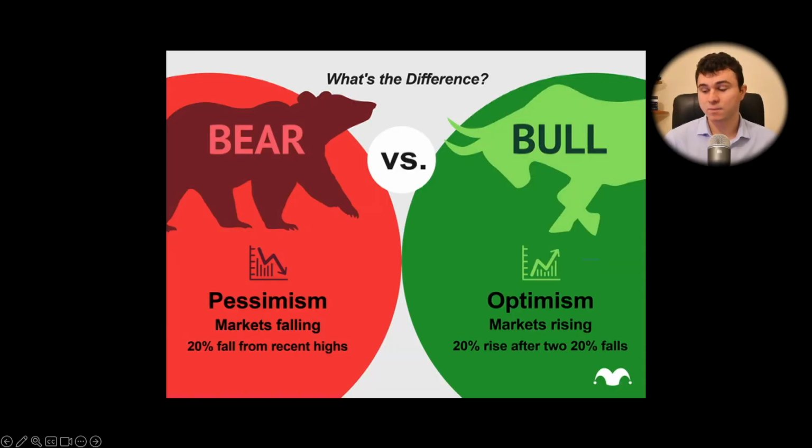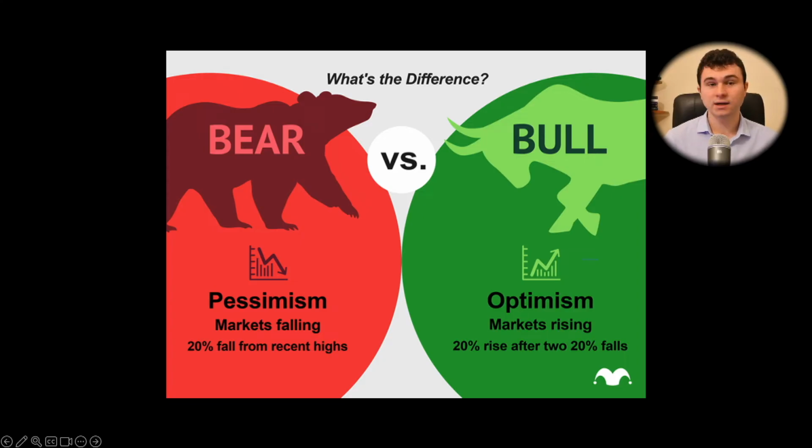Now the stock market has two types of markets, a bear market and a bull market. It's a cycle and things go up and down, basically. You have a bear market with a lot of pessimism where markets go down. The official loss that you need to be an official bear market is a 20% loss. For example, if the S&P 500 loses 20% of its value, then you can officially say it's a bear market.